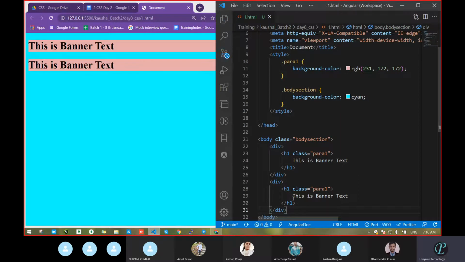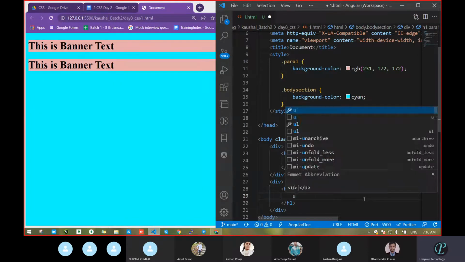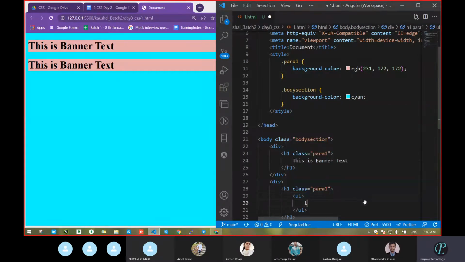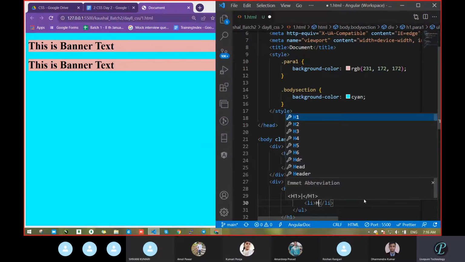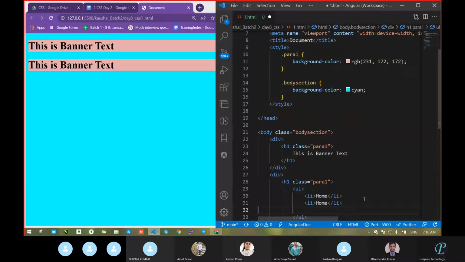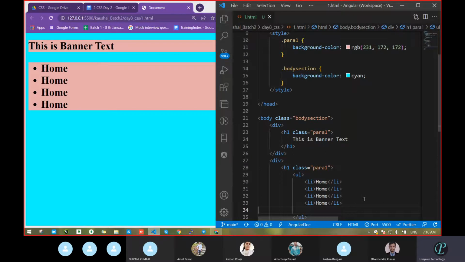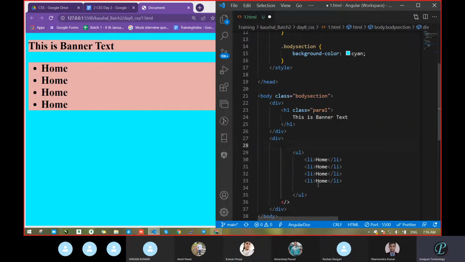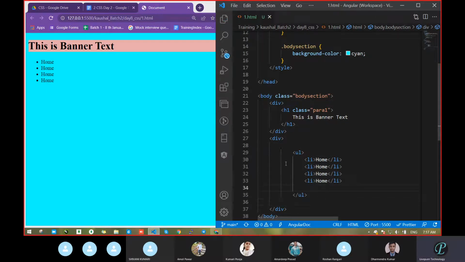See this way. I don't know what was there in this section. I think some list was there. So take UL, unordered list, and then LI, fine. Then take home. Okay. Then take something like this type. So you will get like this way. But why are we getting bold? We are getting bold because here the H1 tag. Remove this H1 tag. No need for this paragraph also. Now save. We got like this way. Correct or not?